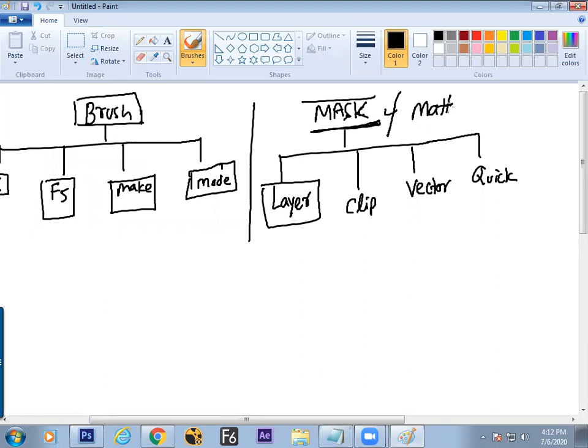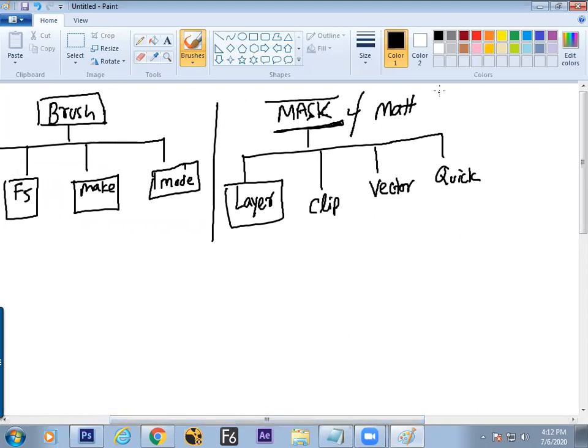Now technical terms: matte is black and white information, where white shows and black hides. It's a game of show and hide. Mask is an option which helps the artist to show and hide. And how many types of mask? 4 types of mask.